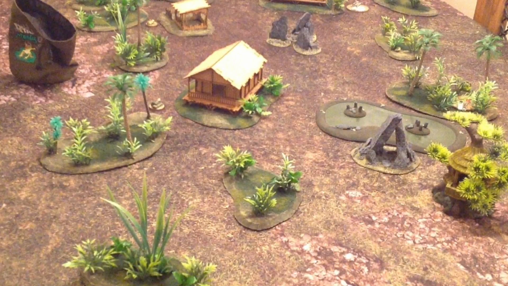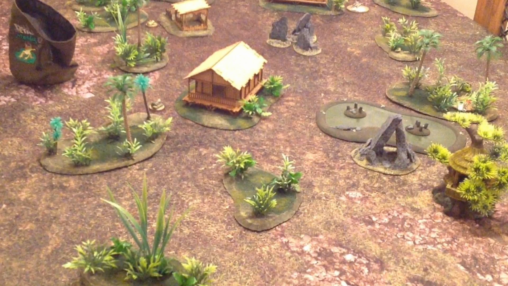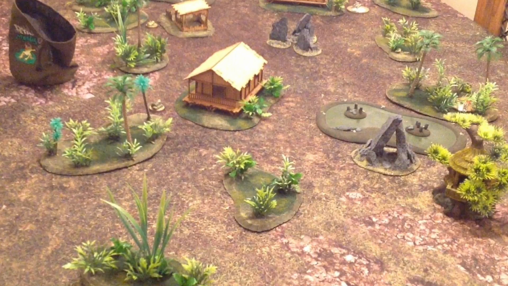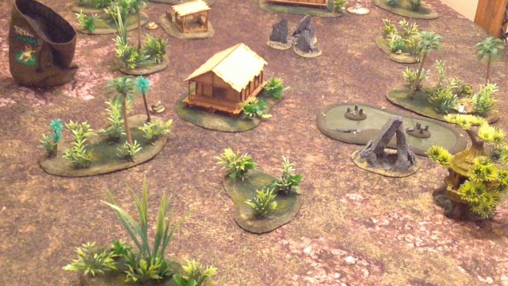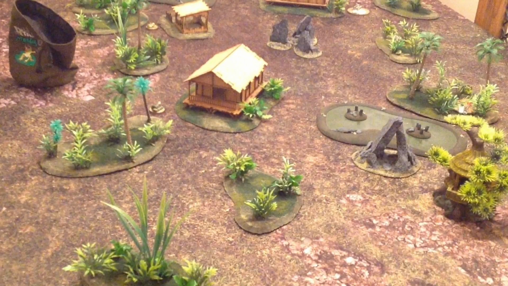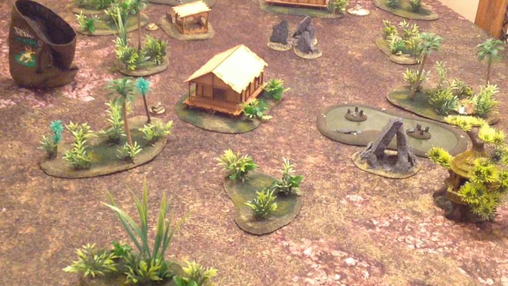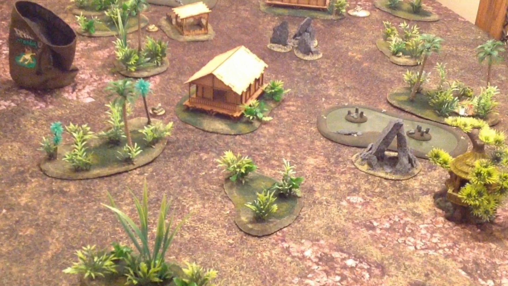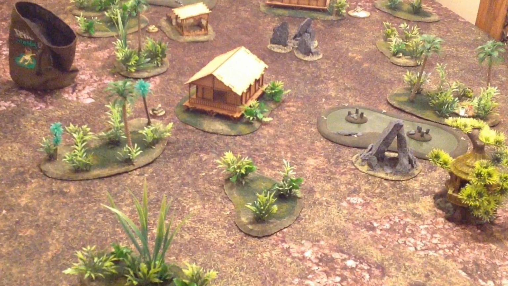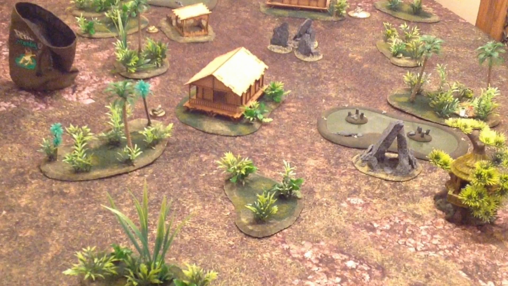So my strategy for this game, obviously, to win, you've got to be holding more objectives than your opponent. And we've got 4 objectives here, which means it could run down to a bit of a draw. So I am on the right-hand side of this map, and Colin is going to be on the left-hand side. And you can see that